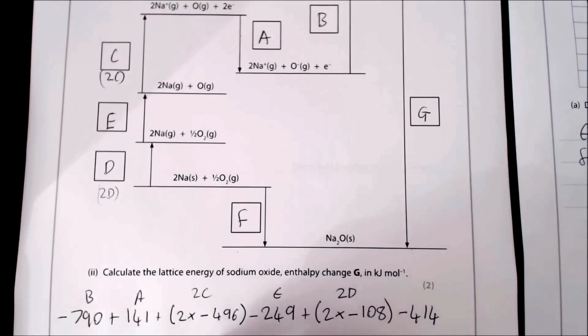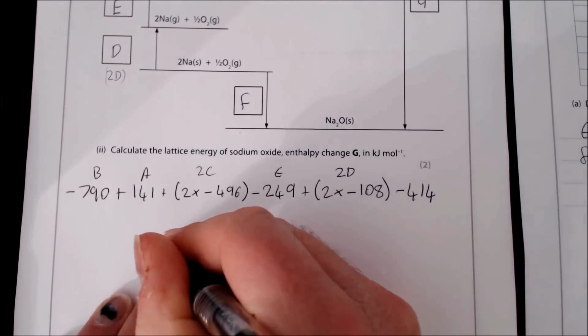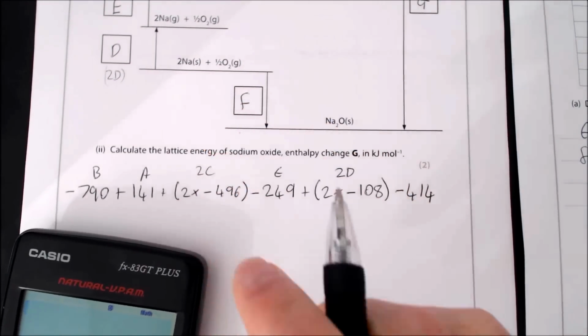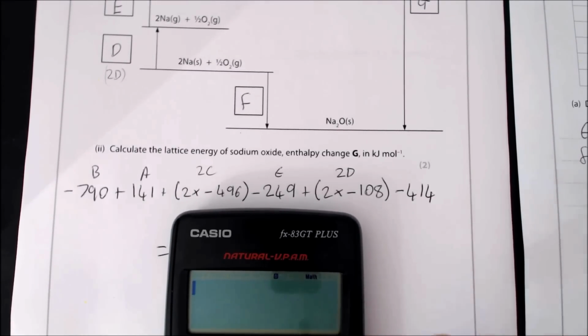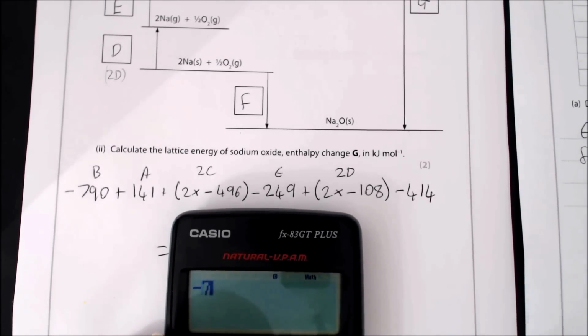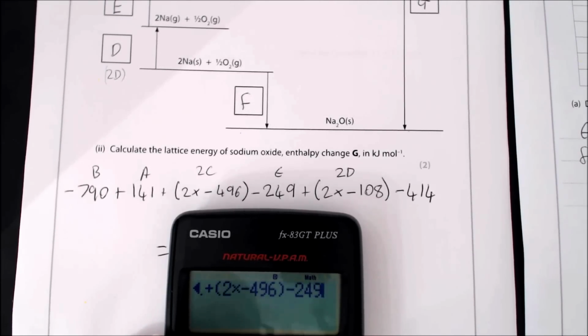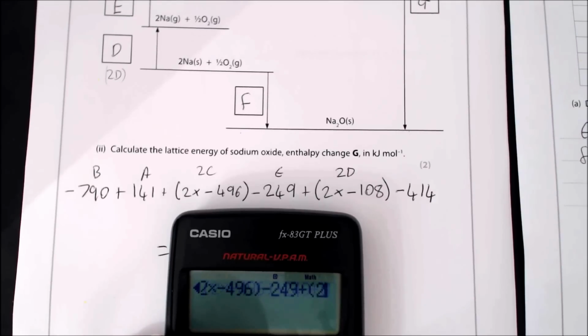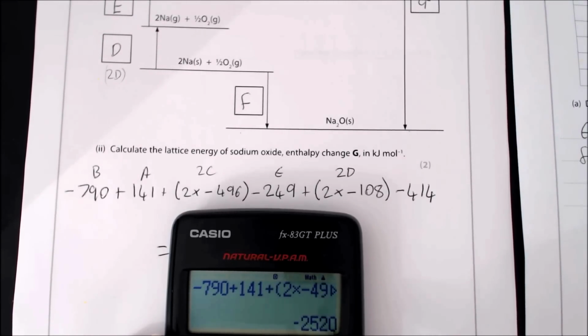There we go. And we're then going to work all that out. Stick it into our calculator. So let's bring the calculator in here at this point. Okay, so we're going to have minus 790 plus 141 plus 2 times by minus 496 minus 249 plus 2 times by minus 108, close the brackets, minus 414, first equals, and we should get minus 2520, and that